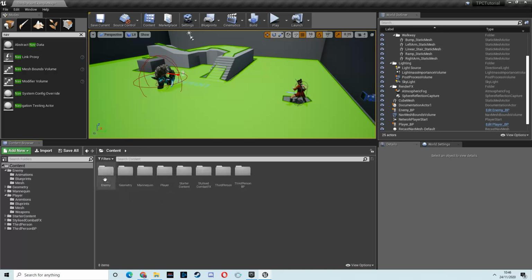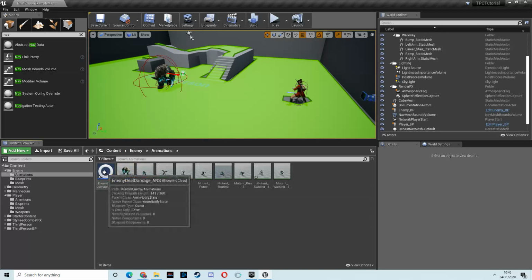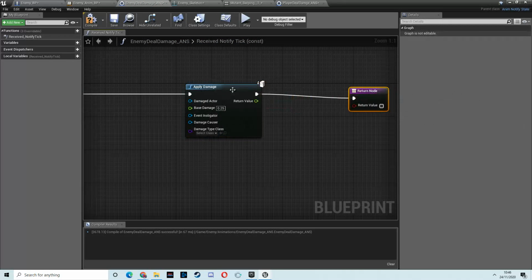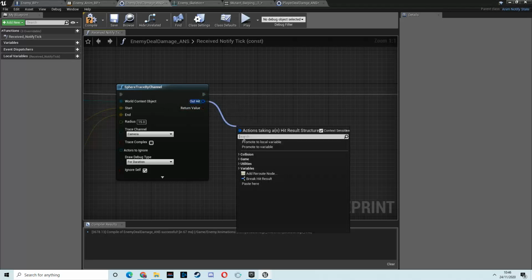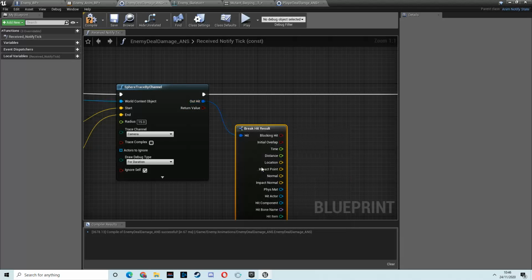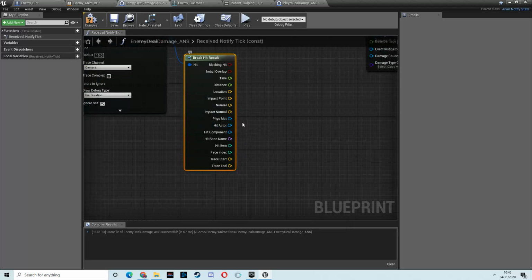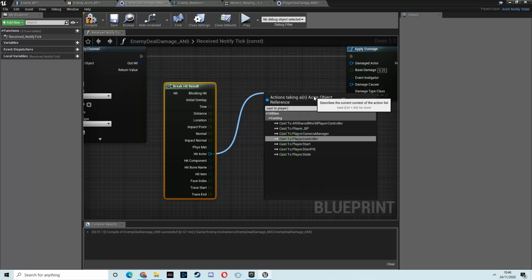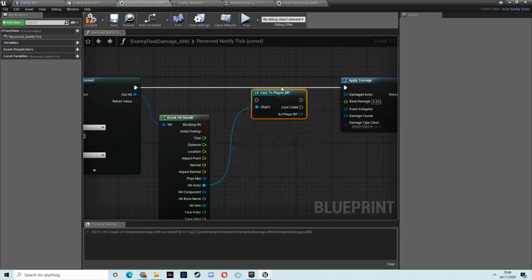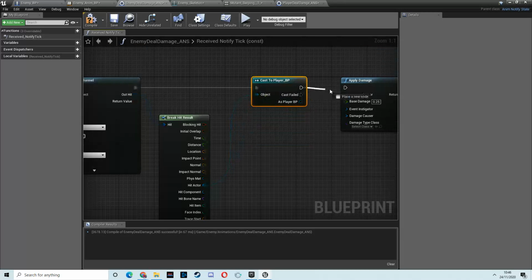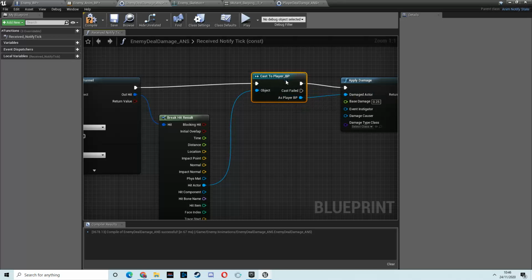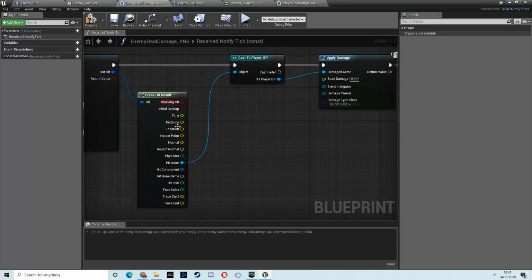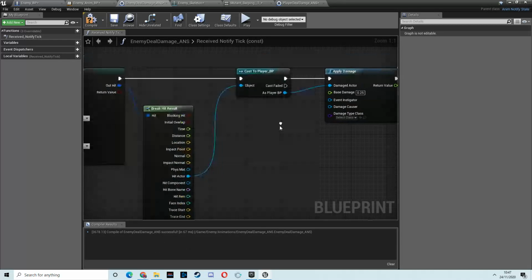So go to the content, go to animations. Right, yeah, of course. So we've skipped a step here, and that is actually checking what we've hit. So on the out hit, drag out and break the hit result. And then from the hit actor, the actor we hit, we want to drag out from that and cast to player BP, because we want to know: is it the player that we've hit? And if it is the player we've hit, then that is the damaged actor. We've applied the amount of damage, and then we've got to go in and make sure they receive that damage and set up all of the